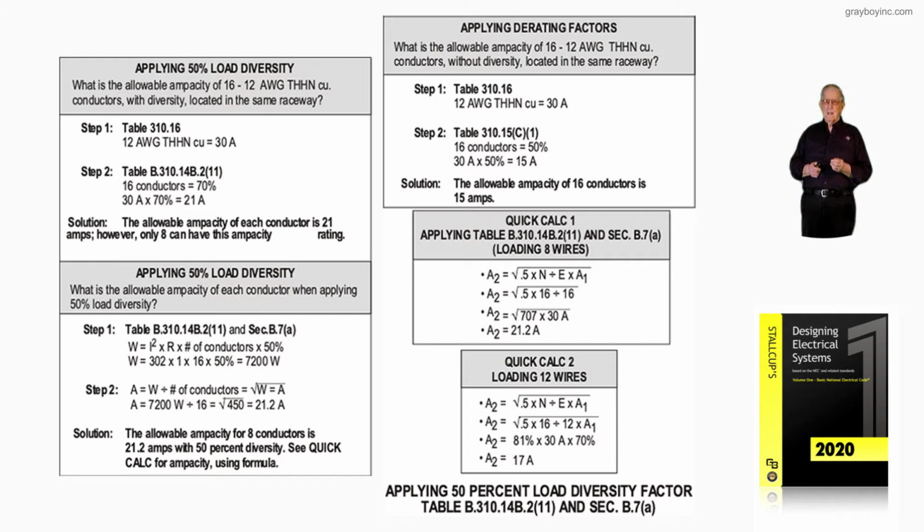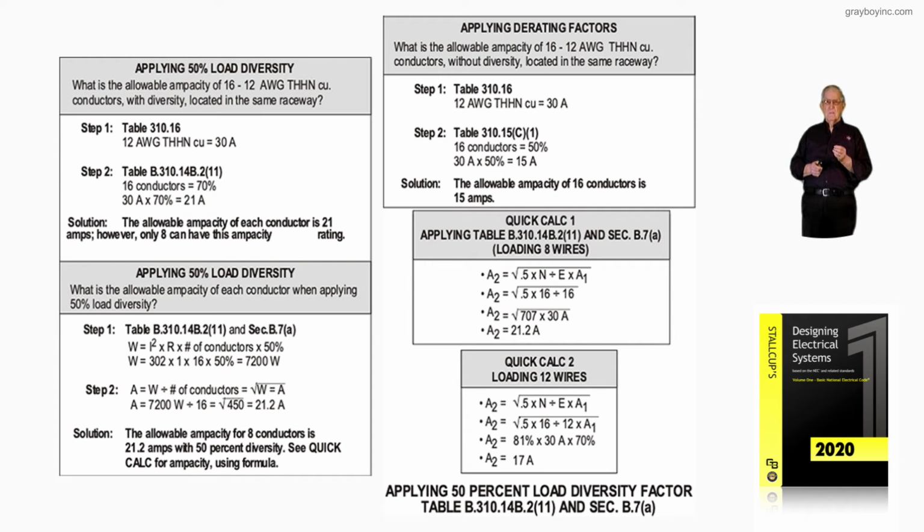Now let's look at exactly what that is asking or saying. In the square root we have 0.50 times 16, the number of conductors, divided by 12, what we're loading, times A1. So A2 is equal now to